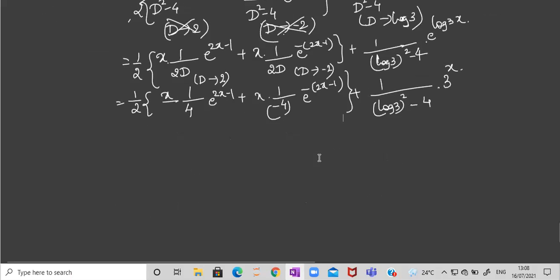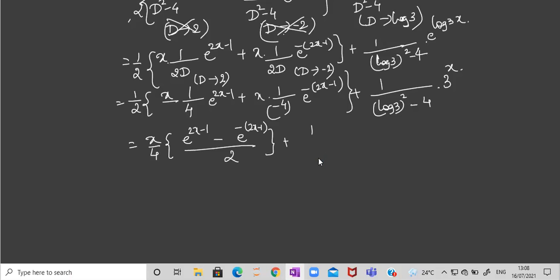Now what is common in this bracket? 1 by 4, and also x is common. I'll take x by 4 out and I will take 1 by 2 inside, because I will write 1 simplified. Now here it is plus or minus in between. Minus, because you have here a minus. So what is remaining is e raised to minus of 2x minus 1 whole divided by 2.